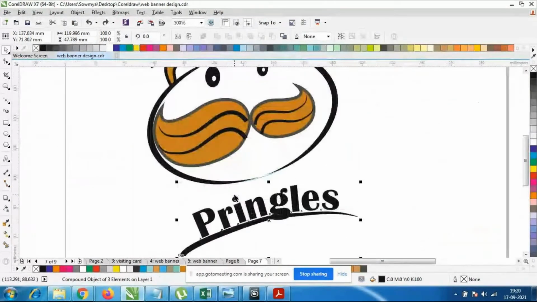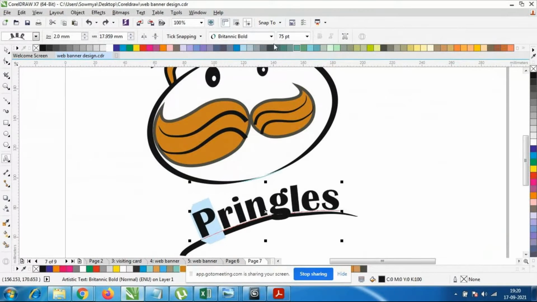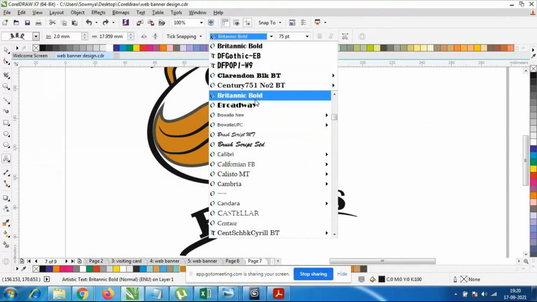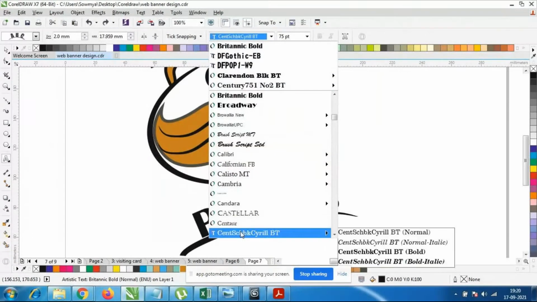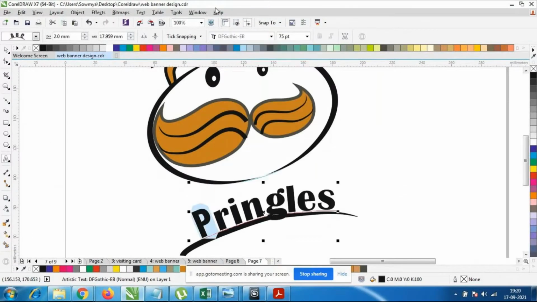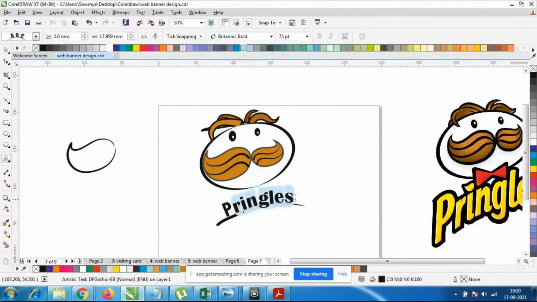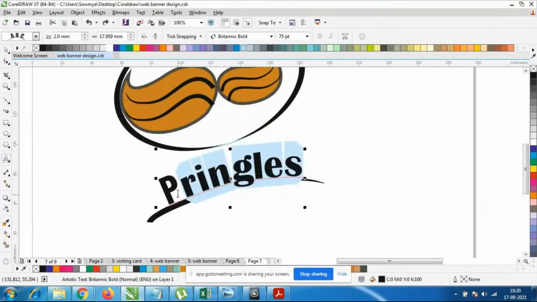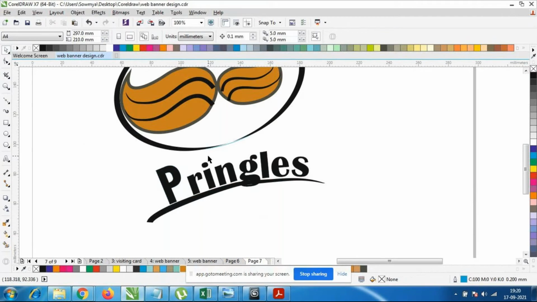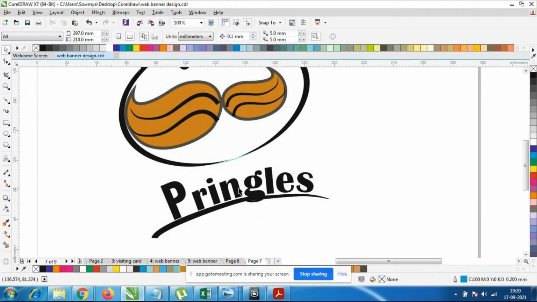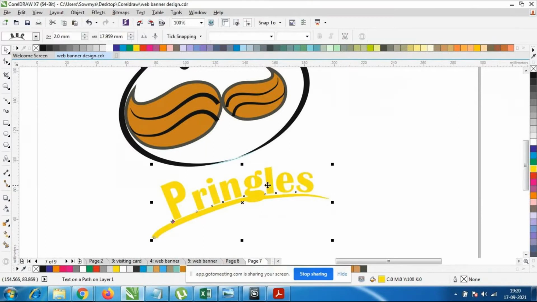Each and everything we have to select it like this, and we have to add the text for that. Separately we have to add the text. So each and everything I'll select it like this, and we have to make this a little smaller letter, and this I will select it like this and click on here, double click on this B, and here if I want to make this letter bigger, I'll take this one. Okay, so here with the yellow color, and